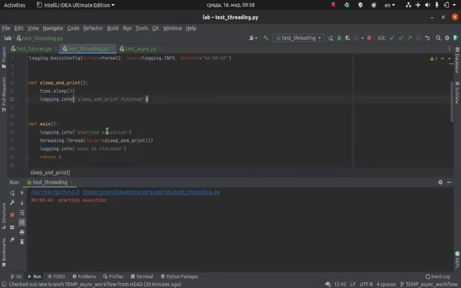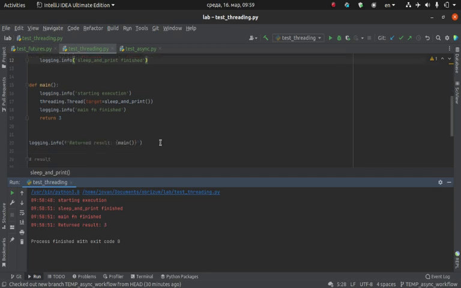You can see it's starting execution at 48 seconds. Sleep and print finished only after 3 seconds, and then it says main function is finished at the same time, and it returns the result at the same time. So the result is not returned immediately in this scenario, and